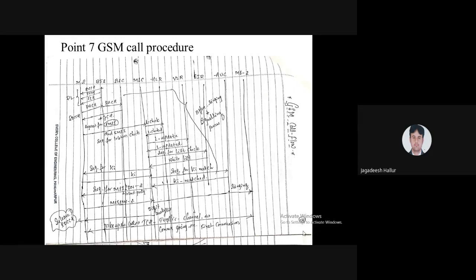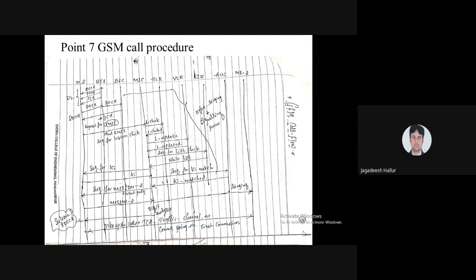in that number there is one identification present, that is the IMSI, International Mobile Subscriber Identity. Once you dial your friend's number, that identification is present. It is nothing but your 10-digit number, which is a 15-digit number. That 15-digit number includes your country code, your MSC ID, and your 10-digit number.